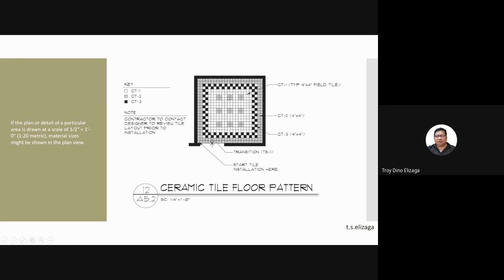In fact, I did this in a church restoration project because the original tile layout of the church is made up of like 30 different kinds of tiles. Okay, and then they form a certain kind of pattern. So you have to come up with a key like this of 30 different symbols and then draw them up like this, how it was supposed to be laid out. And if you notice near the door, there is like an asterisk. That's an indication of where the tile setter should start. So the first tile should be put here and everything follows.